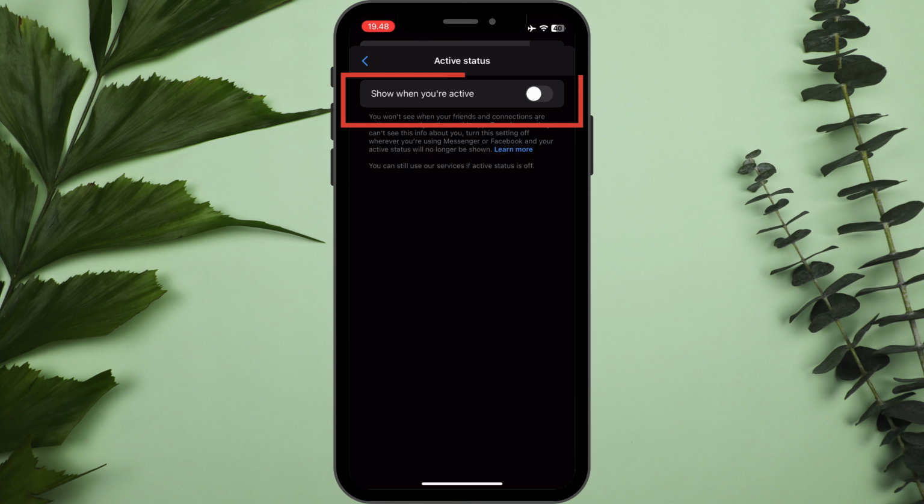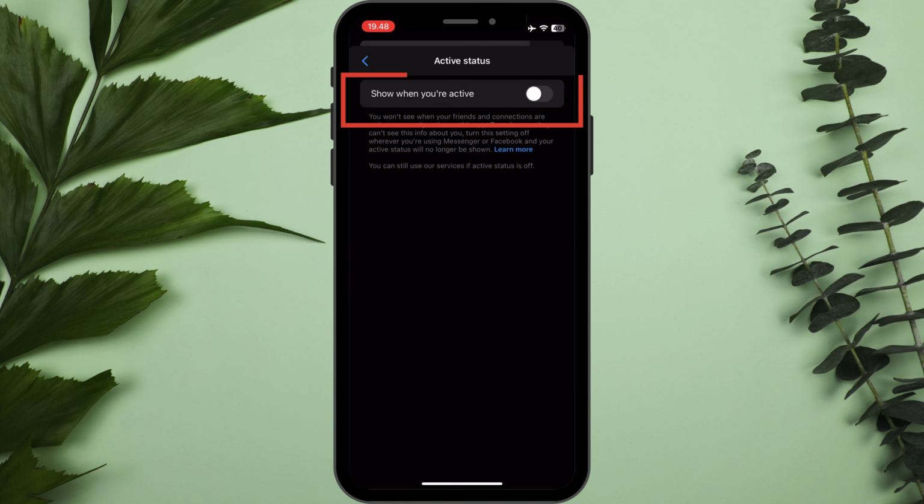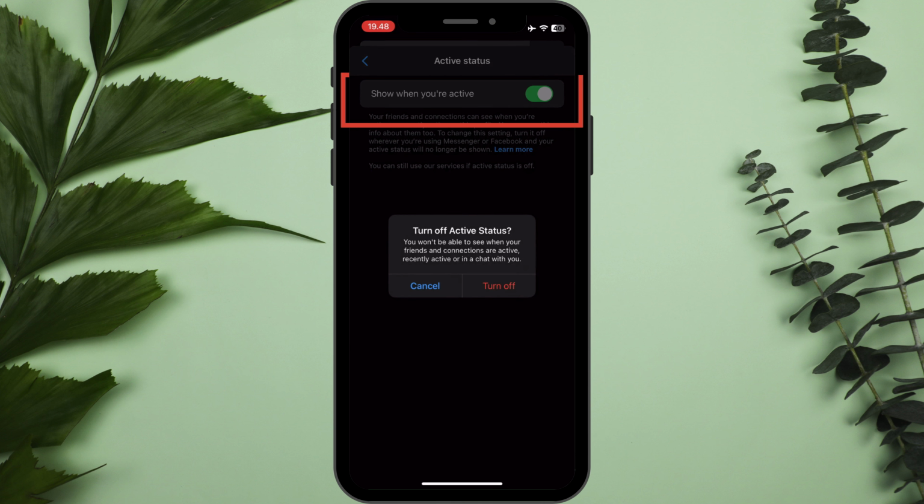And just a reminder, when you turn these settings off, you will also not be able to see active status from your friend in Messenger, including when you are on the chat with them. And if you have another device with the same account, please check these settings again as it sometimes only works